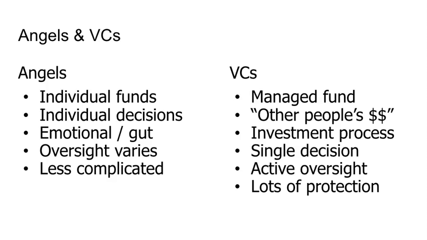Angels are using their own personal individual funds, their own money, and they're making the decisions themselves. And while many angels are quite sophisticated and make decisions based on careful analysis and some quantitative analysis, very often angels are making investments based on emotions or their gut, and in particular they're usually making the investment based heavily on the team and something about the technology or the application that they find interesting. Their oversight varies. Some are very active, some are very passive and just let you run your business. These investment deals tend to be less complicated.